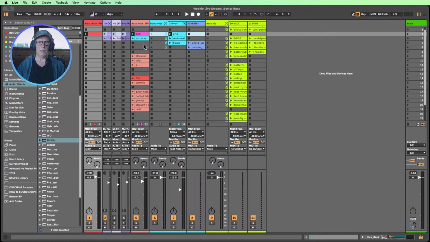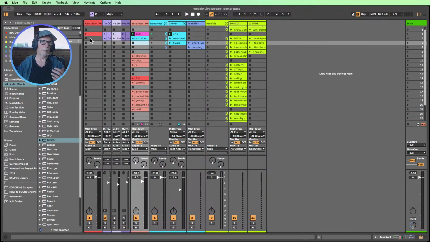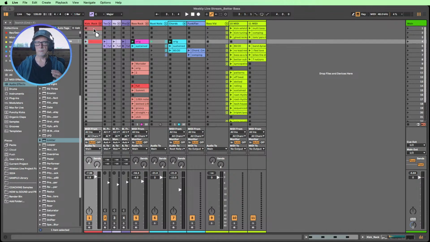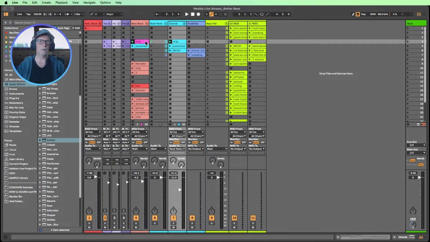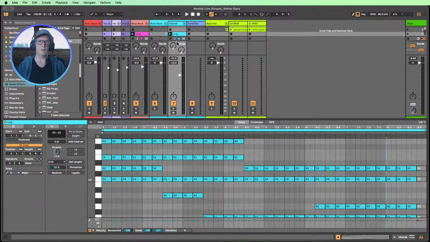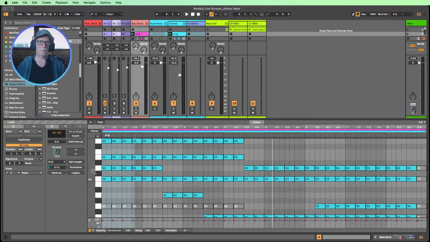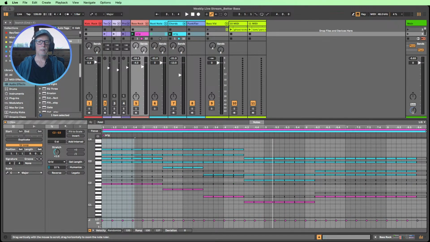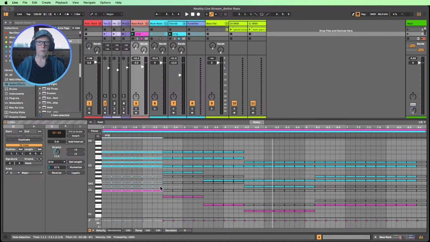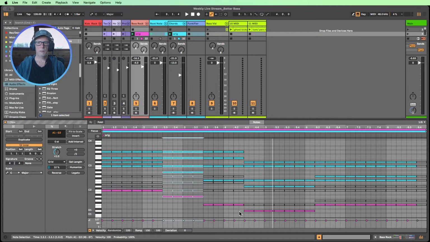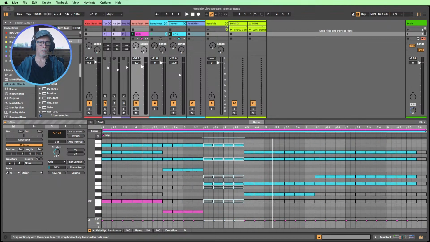So we're getting going here. Okay, this is a bit of a slow and steady start, but don't worry, things are going to get more interesting as we go. But first of all, we want to understand how we can make a root note bass a little bit more interesting. So when we do this layering up of these two, right, and we've got that, essentially we have a lot of frequency. So we've got harmony, we've got a bass following the chords, and we've got a bit of separation from them.